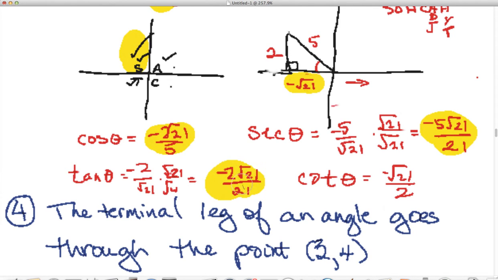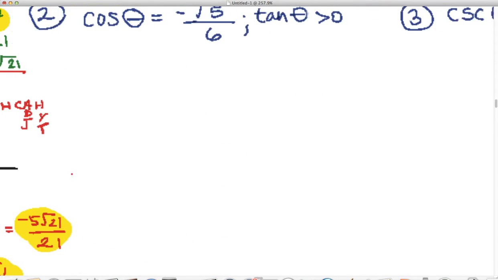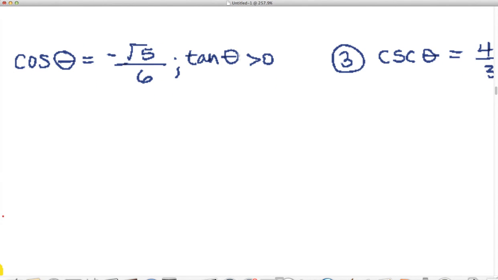There's your tan. And there's your cotan. Okay? Let's look at another one. I'm going to go a little bit faster on this one. So we have